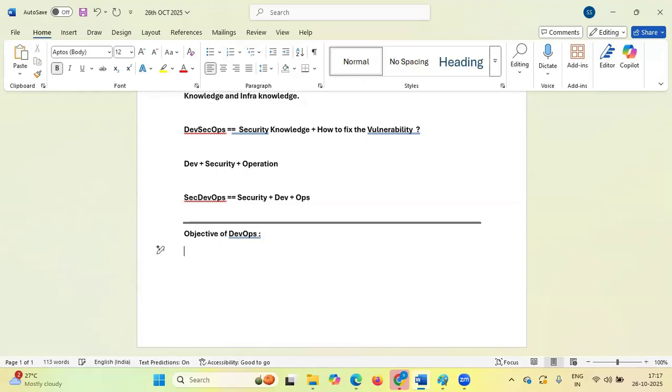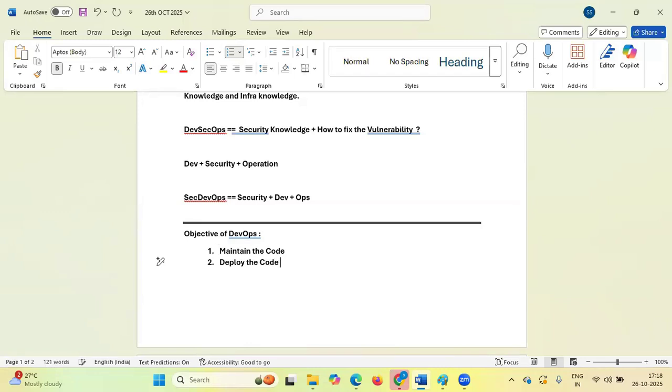First, we have to maintain the code as a DevOps engineer. Second objective is we have to deploy the code. I'm just talking about the core objective.